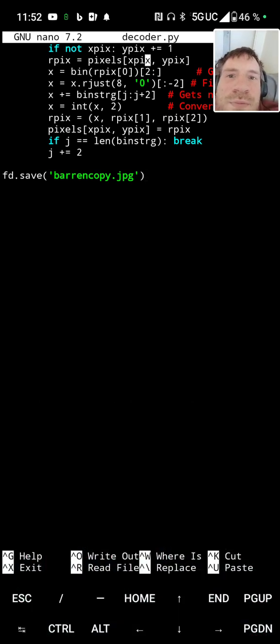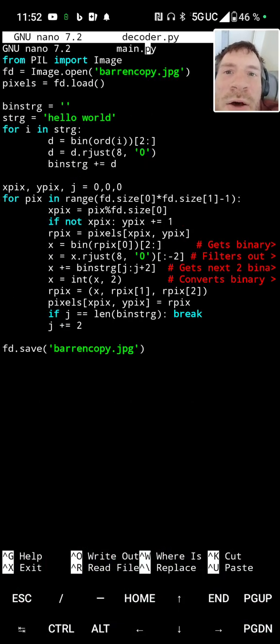Anyway, now, so here's what. Save pix, x_pix, y_pix plus equals 1, r_pix. Now we're going to gut this part here where it encodes the message parts into the pixels, and we're going to take